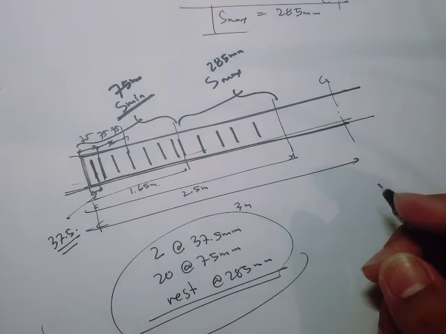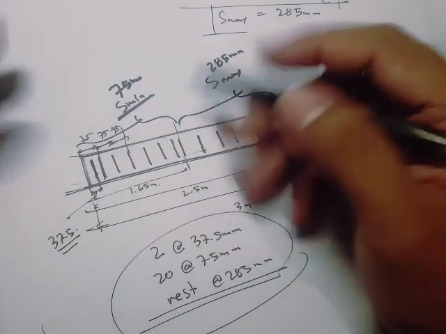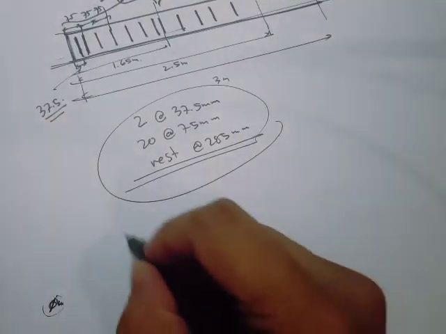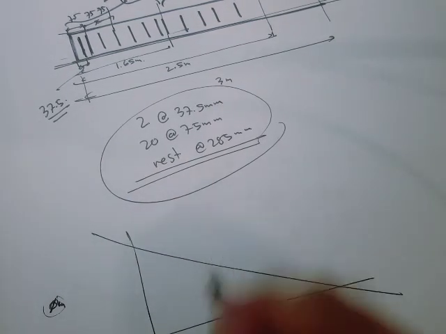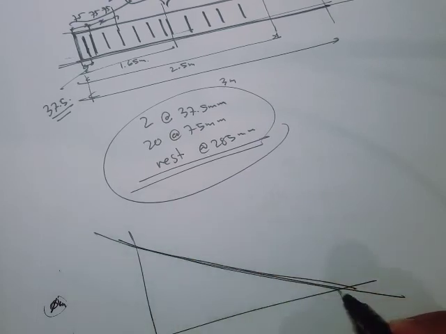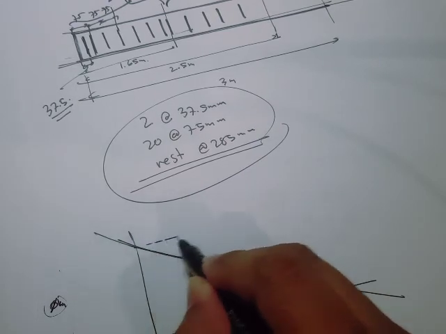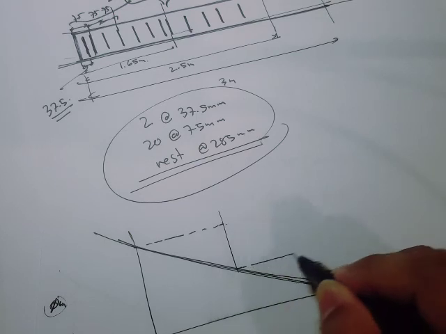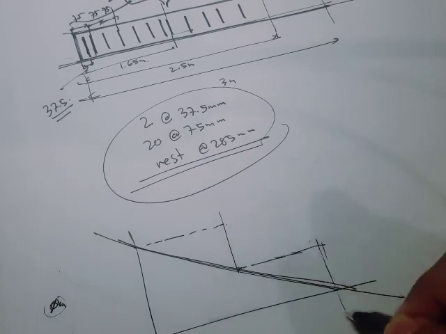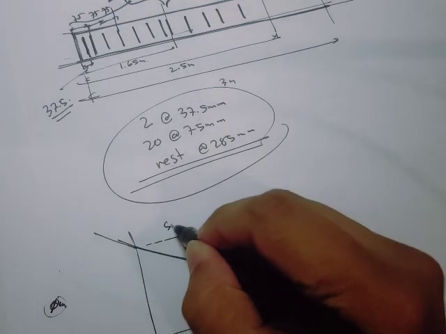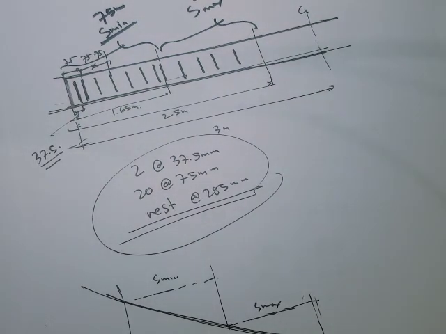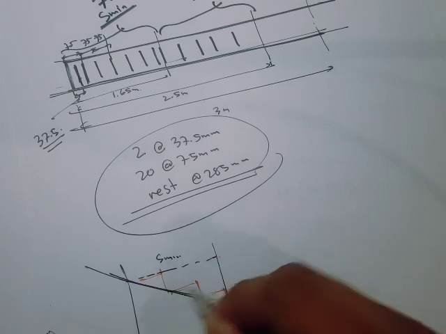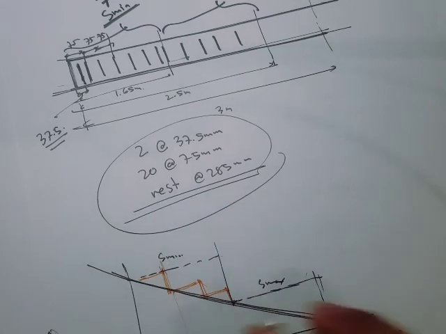You can still improve this design if you apply another increment in the shear loads. If you recall what I've mentioned, let's say this is your shear loads, then the spacing of the stirrups you are providing is something like this, for example. From here onwards, let's say this is the maximum, s max, and then let's say this is s min. You can further improve this if you do another increment or more, so that will reduce the number of